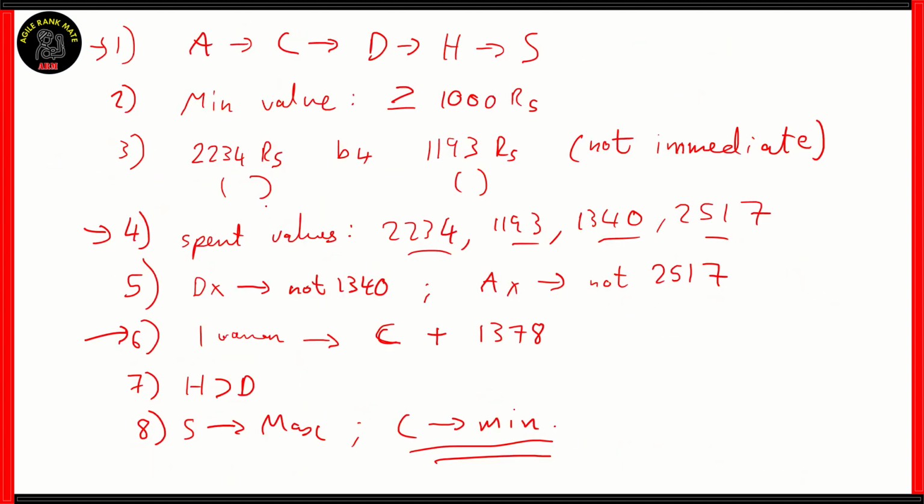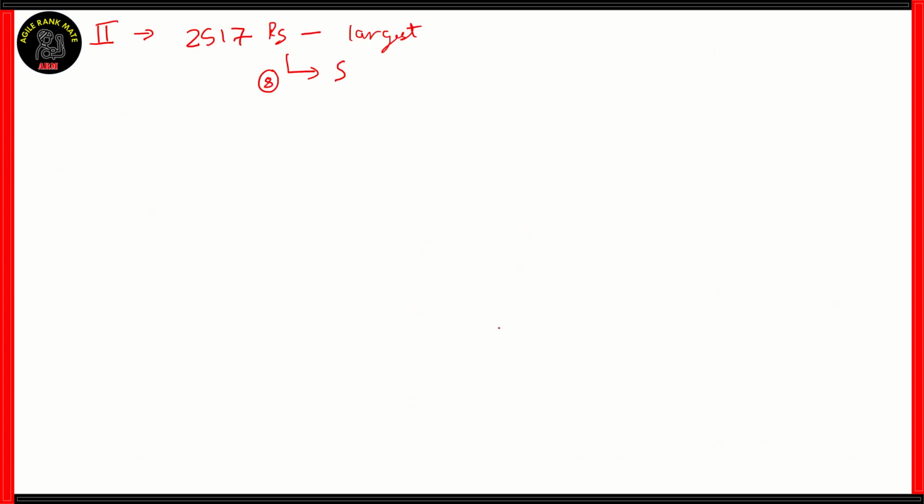Now, using clue number 6, which says one woman has to have 1,378 rupees spent more than Chelama, let's say that Sahnaz is that one woman according to clue number 6, which means the sum of Chelama's value and 1,378 is 2,517. So therefore, the value spent by Chelama has to be